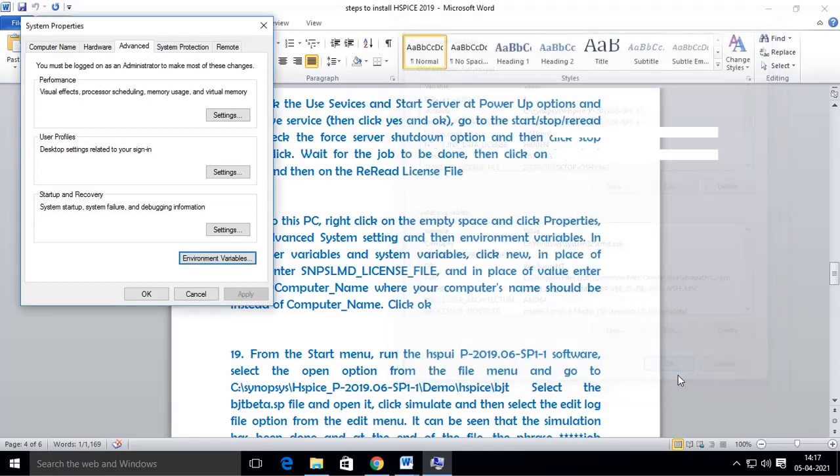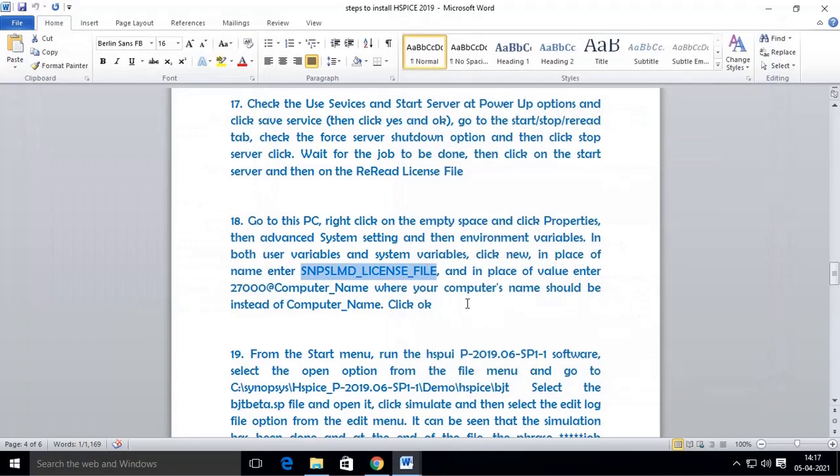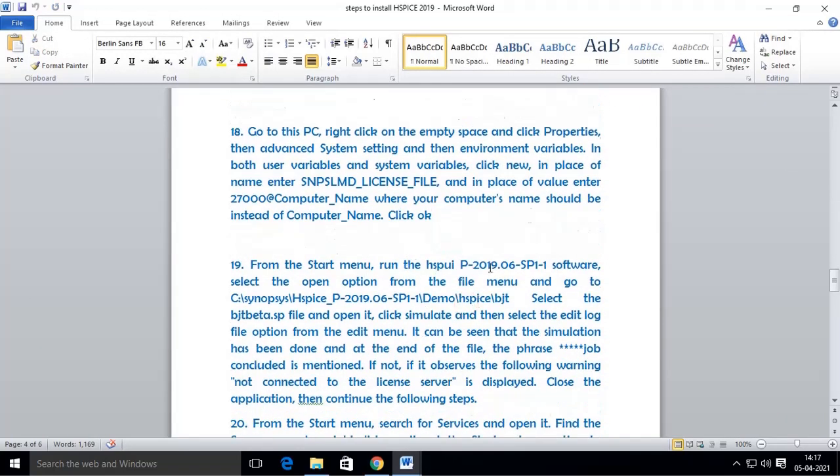Okay, click OK, and then close that. Okay.